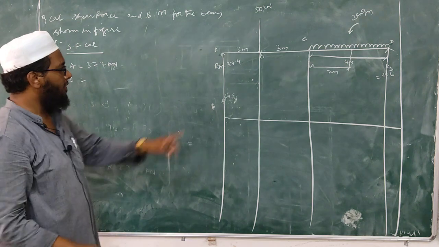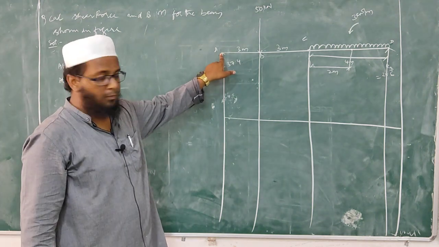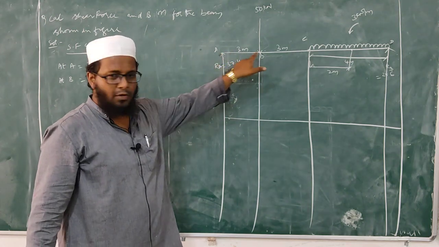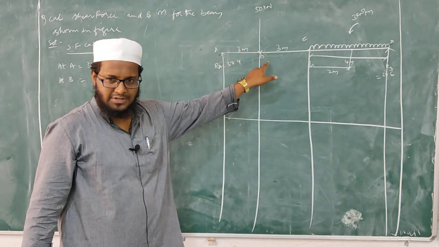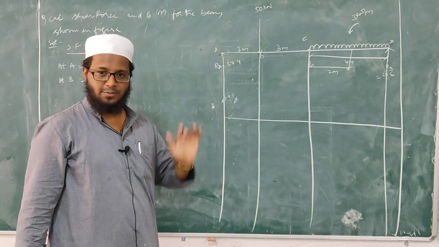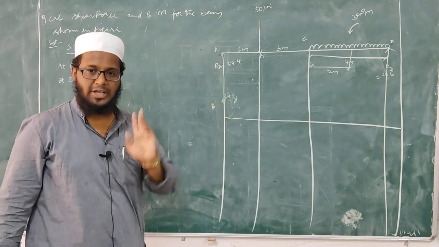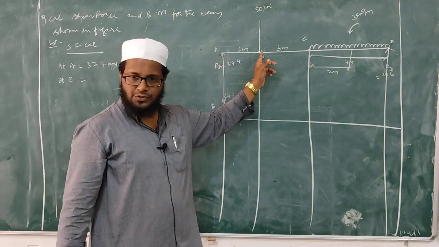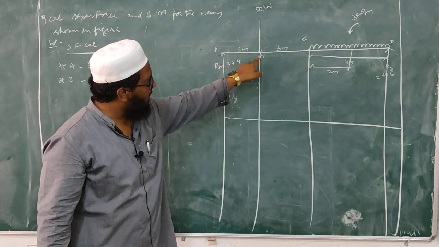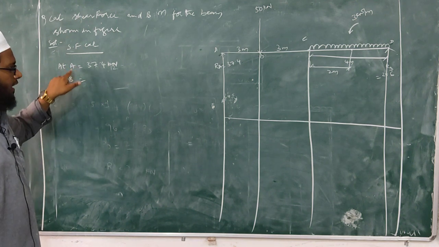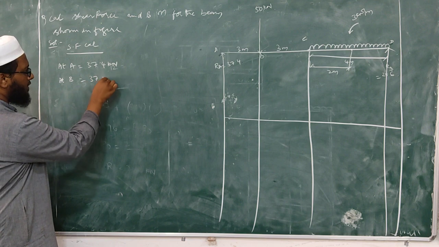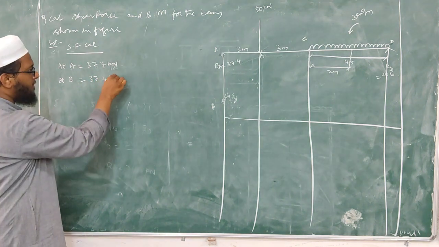Okay. Next, what is the next point we have at B? Now I am calculating from A, which I have calculated, and I am moving towards B. In between, do you find any force? No force, isn't it? Whenever you come across point loads, we have to calculate shear force two times. One is the way which you have passed through, that is I have started from A to B. In between A to B there is no force. So what I will do here, 37.4 kilonewton, I will write the previous value.